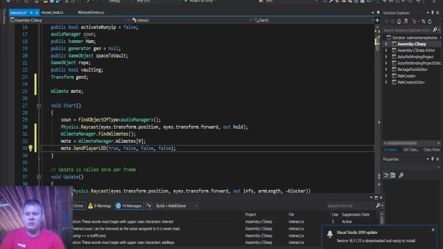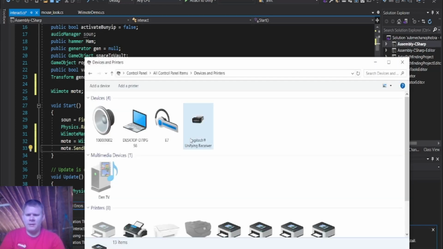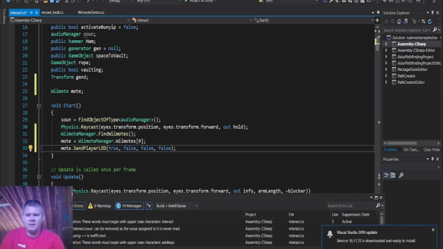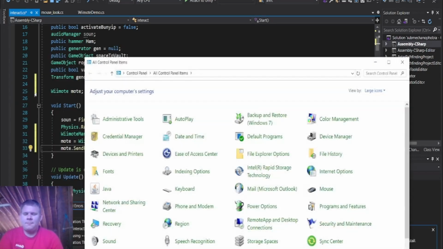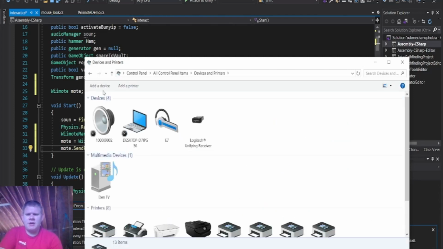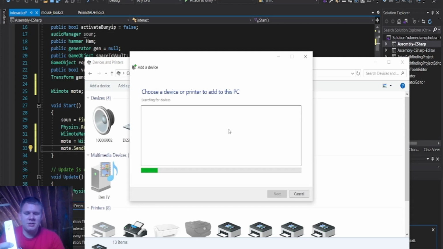So now we need to open up Control Panel. If you don't have that already, you do Control Panel. And we need to make sure that we have View by Large icons. Go to Devices and Printers. Then start holding 1 and 2 on the Wii Remote. Click Add a Device. Once it eventually shows up,